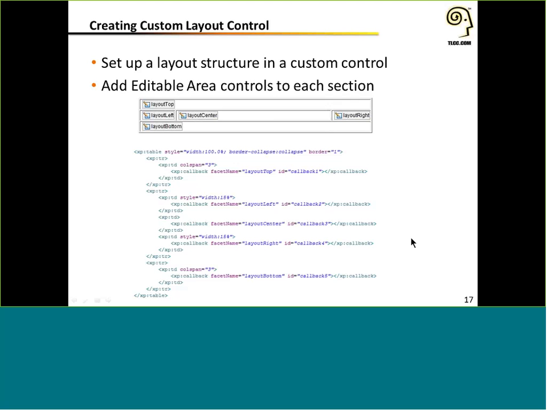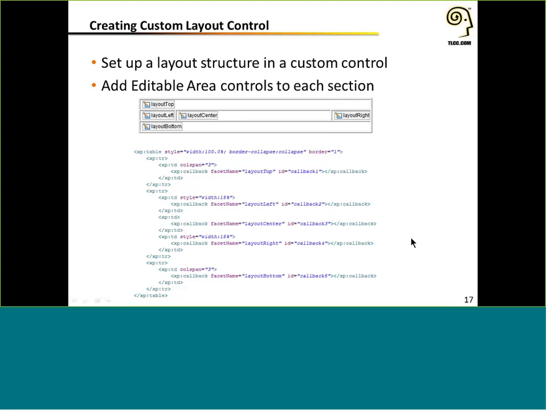So essentially what you do is you create a custom control for your layout, you add facets to it wherever the content will change from page to page, and then on every XPage you have, you'll first add your layout control, and then you add your other content within the bounds of that layout. And the advantage to this is that if your layout has to change in your application, you've only got one place to touch. So you don't want to embed your entire layout on every page in your application because that's a lot more difficult to maintain.